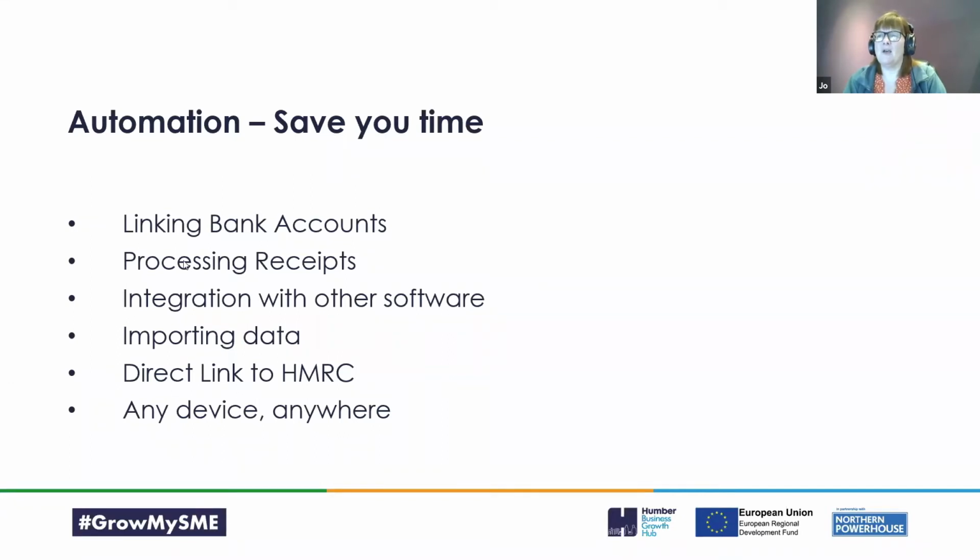There are receipt processing functionalities within the software that mean that you don't have to key your bills and expenses. You can take a snap of them on your phone, or you can forward them via email, and all of that is then picked up using artificial intelligence so that you don't have to do the keying. That'll save you time.